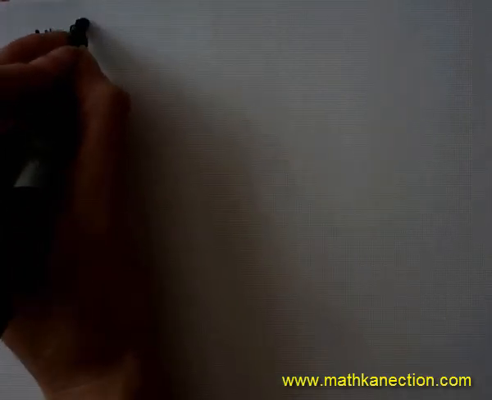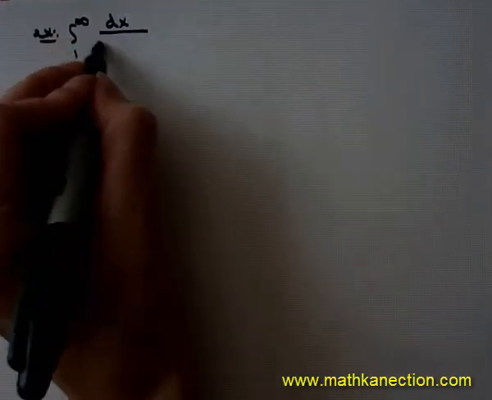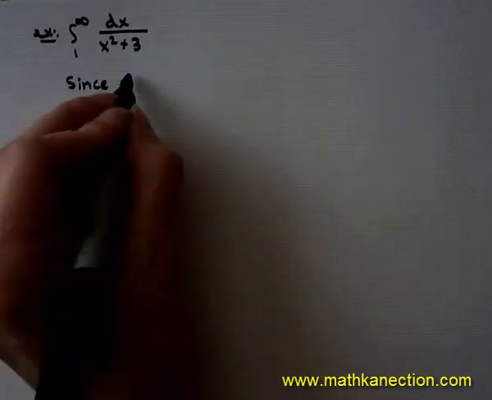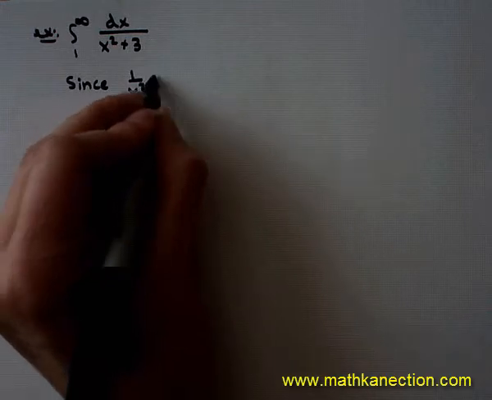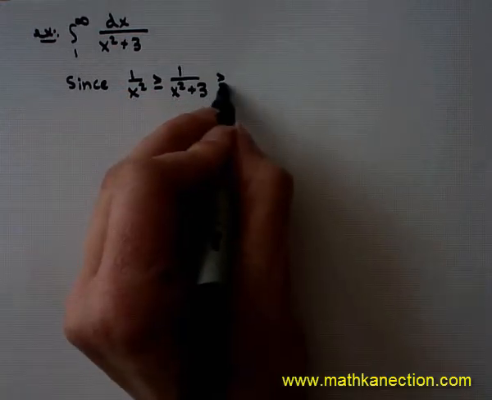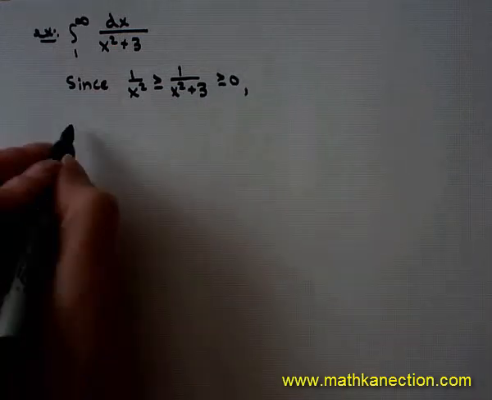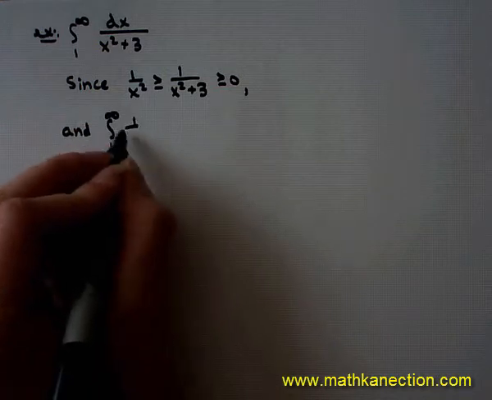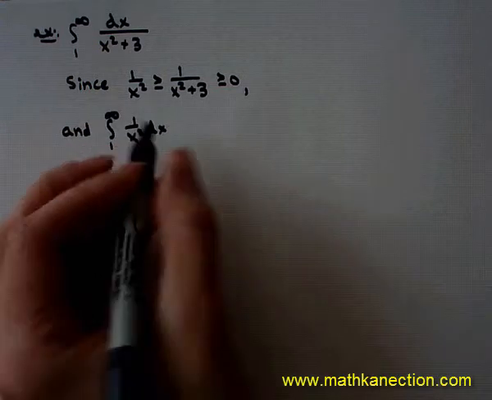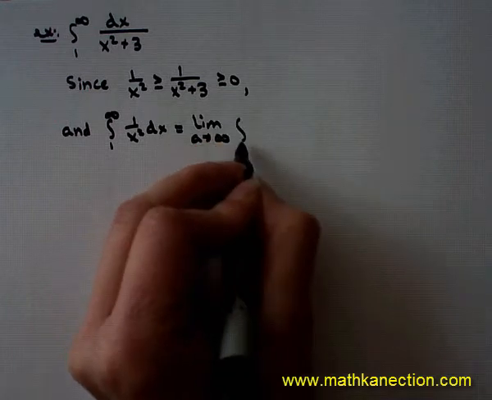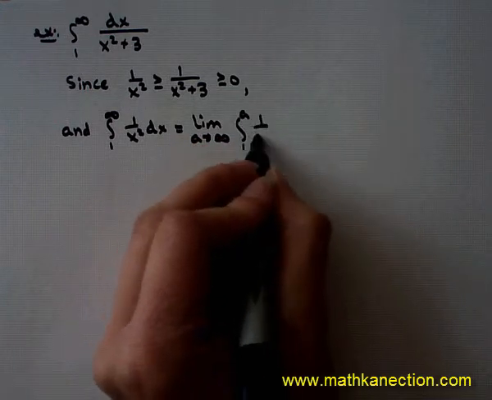So the first example, we're going to look at the integral from 1 to infinity of dx over x squared plus 3. And since 1 over x squared is going to be bigger than or equal to the function 1 over x squared plus 3, which is also bigger than 0, and if we look at the integral from 1 to infinity of 1 over x squared dx, which will be the limit as a approaches infinity of the integral from 1 to a of 1 over x squared dx,